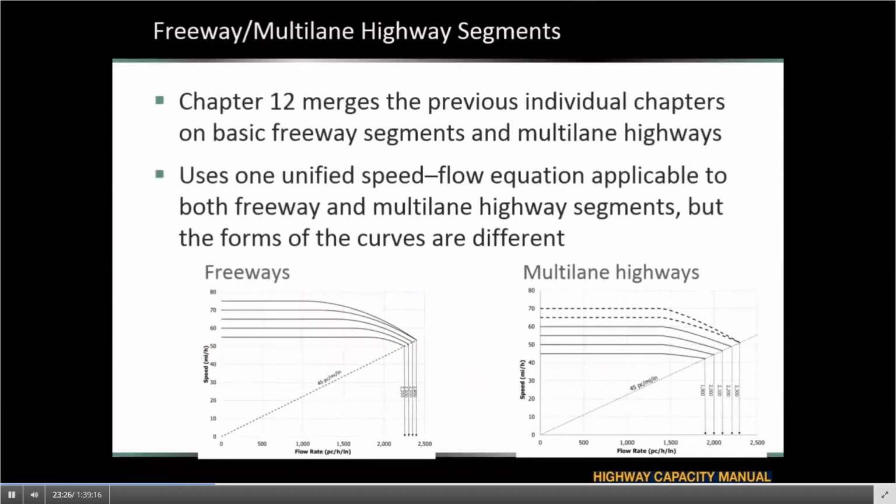Going back to the HCM 2010, we had 2 separate chapters, one focusing on basic freeway segments and the other focusing on multi-lane highways. Looking at these 2 chapters in HCM 2010, we could see that 80 to 85% of the material is the same. So one of the big changes in the new HCM is that these 2 chapters have been combined, and they are now in chapter 12,